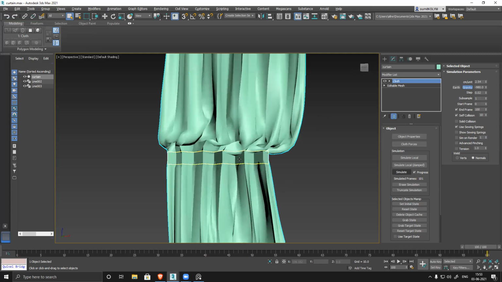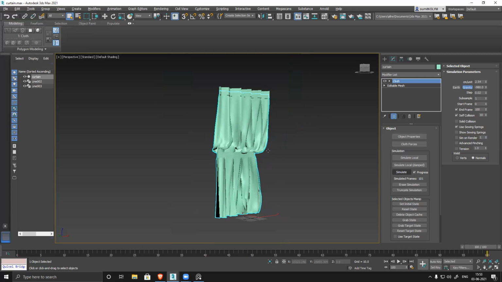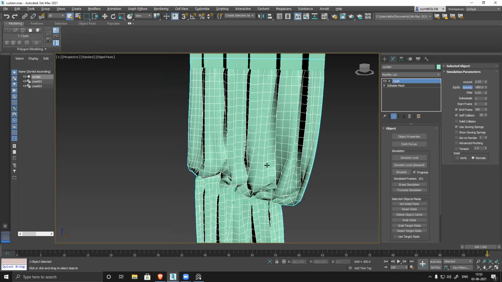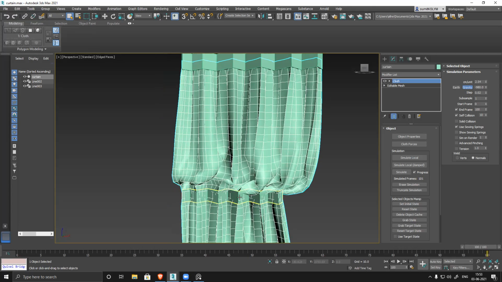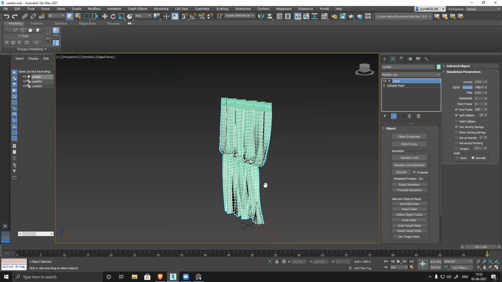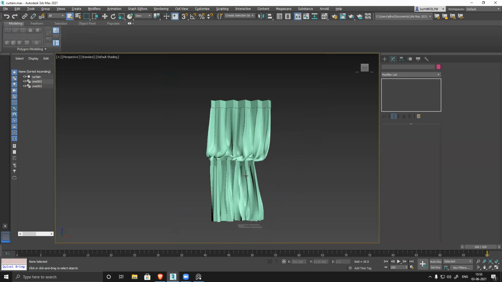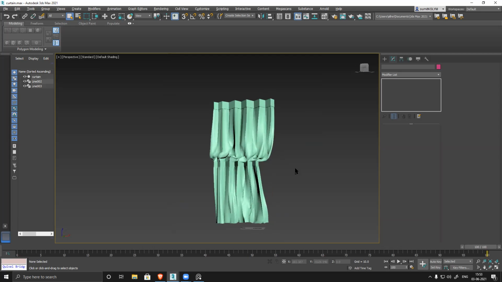So you can see it does not have enough polygons, so it's a bit boxy. So you can create this thing easily. To have nice folds, you can see it's very low poly. You can see nice folds and all. It is quite big. If I make it a little smaller, I'll get a better result. So you can see now we have better folds, really prominent, strong folds. If I keep it small, I'll get very nice, clean folds. This is how we do it basically. It'll give you a better result.